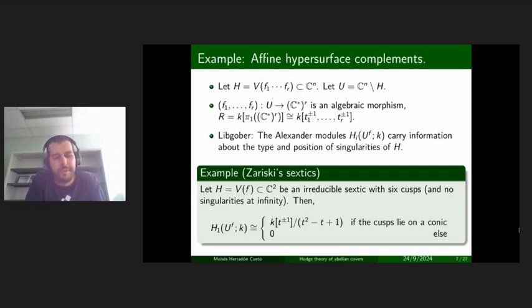So you lose some information by looking at Alexander modules, but you gain something, which is that finitely presented groups are complicated. If you give me 2 finitely presented groups, I will probably have no idea if they're isomorphic or not. But if you give me 2 vector spaces, I know that this one has dimension 2, this one has dimension 0, they're different. So it's easier to deal with invariants, even though they're weaker, and it's still strong enough to know stuff, like to tell these examples apart, for example.